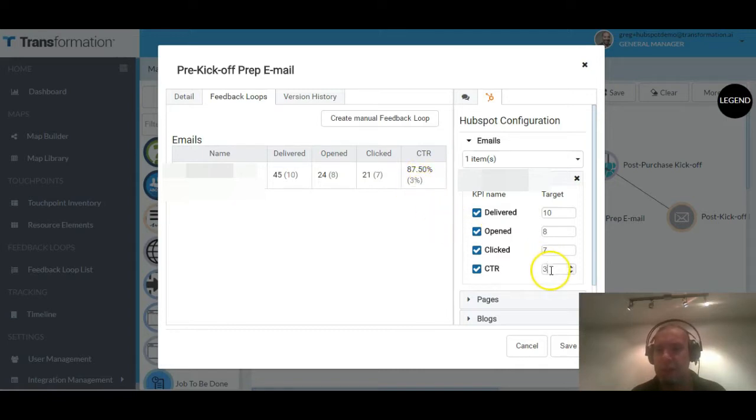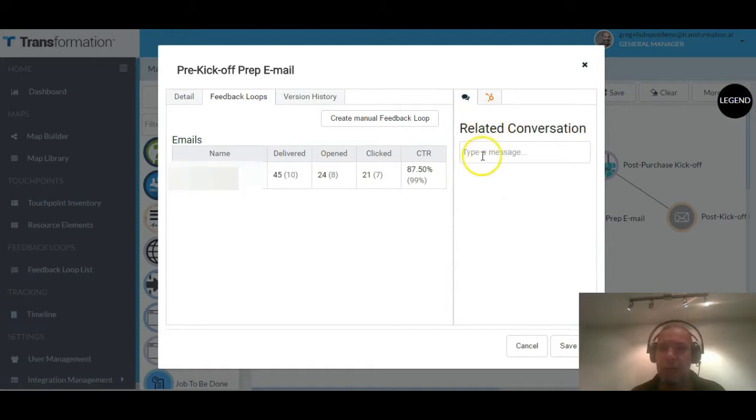But let's say we decide, well, we want to actually have a 99% click-through rate. And you can see it live updates as I change that. So now we need to discuss amongst the team how we're going to achieve that 99% click-through rate. And so I can come in here and I can have a conversation. So I'll talk to my team and say, why don't we try